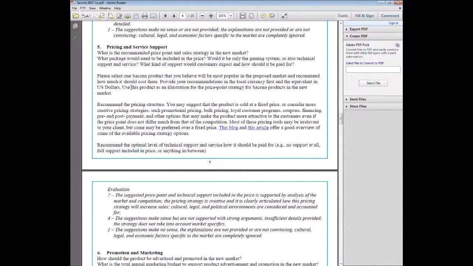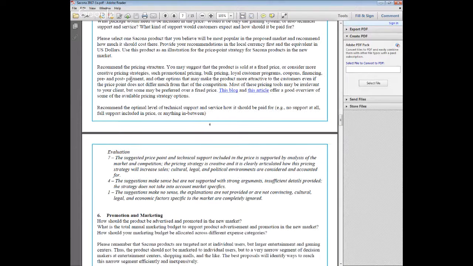Again, how much should that product cost in the country that we are talking about? As well as what kind of pricing strategy should be chosen. Should it be a fixed price? Should it be some sort of a financing plan? Or maybe some sort of discounts if you buy multiple products, or maybe discounts for repeat customers, those kinds of things. And likewise, support. So it's a product that can break at some point. So should the price include technical support? Should it be included extra? Should there be some sort of a warranty plan that the buyers need to pay for?